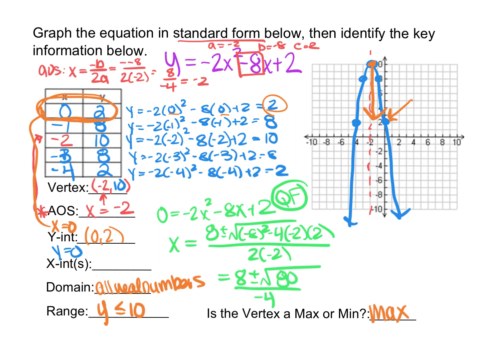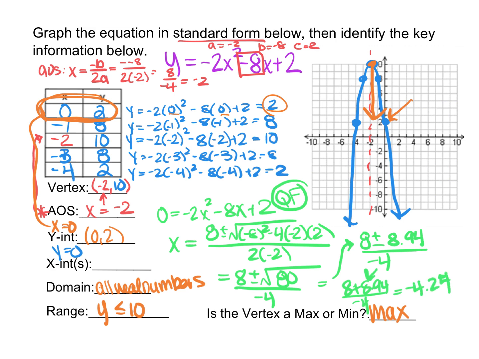And now we could leave this like this, but because we're actually finding x values here, I'm going to break this up and square root that 80. So if I square root 80 here, I find that I have 8.94 after that square root has taken place. And then from here, I can split this up further. I can take 8 plus 8.94 and divide it by the negative 4. And once I do that, I find negative